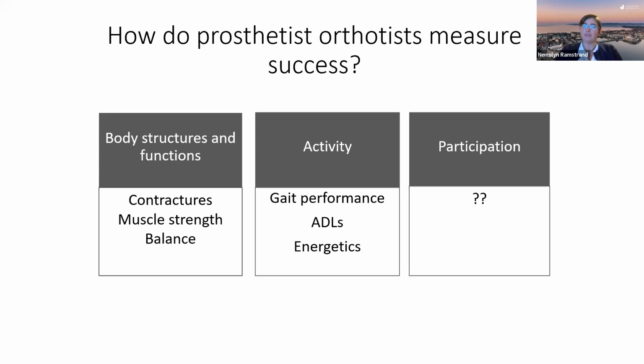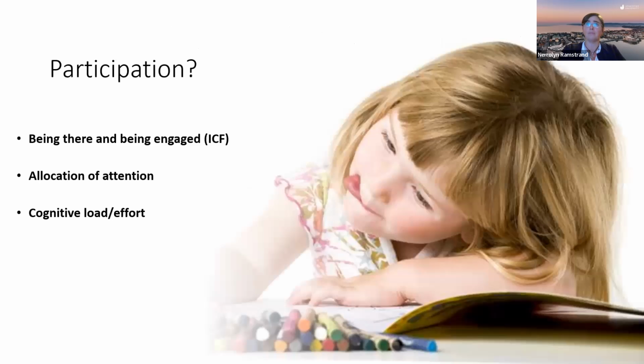I think there are professional groups that we work with, occupational therapists in particular, that are very good at measuring participation. As a prosthetist orthotist myself, then I also wonder, what is my role here? Should my role be to measure participation? As a researcher, I think it's very important for me to demonstrate the full breadth of what prosthetic and orthotic devices can contribute to a person's life situation. So participation was something that interested me, and something that we talked a lot about in our research group when we talked about research with children.